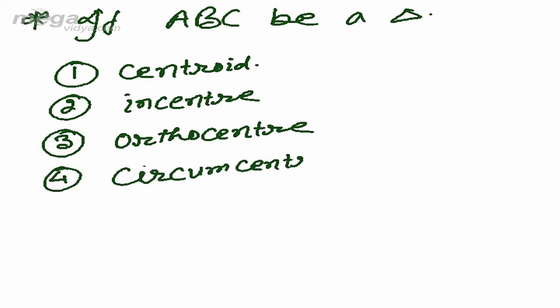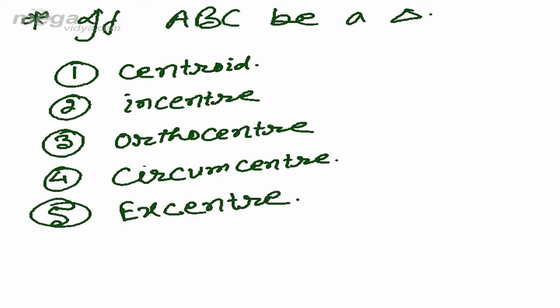Mainly these are four points, but when we find the coordinate of the incenter, at the same time we will find the fifth one, which is called the excenter. These two are not exactly the same, and there is not much difference between incenter and excenter except one thing, and we will discuss this difference when we do the topic incenter of a triangle. So in this we do these five one by one.